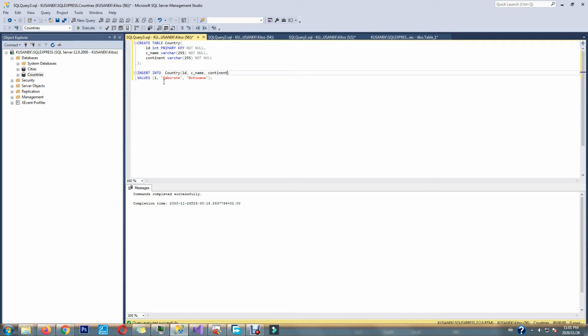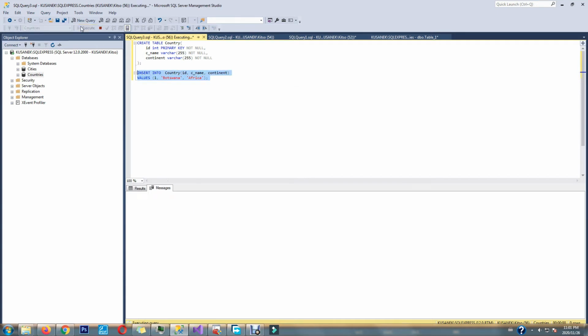The values that we're inserting, 1 since it's an integer, and then country name. We can say the name of the country, we can say Botswana. Continent, it's Africa. Highlight, execute,